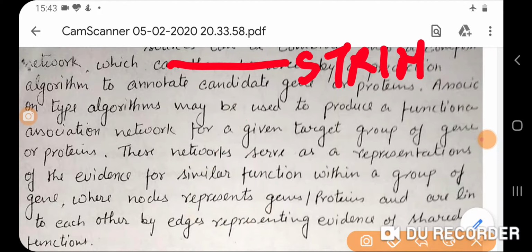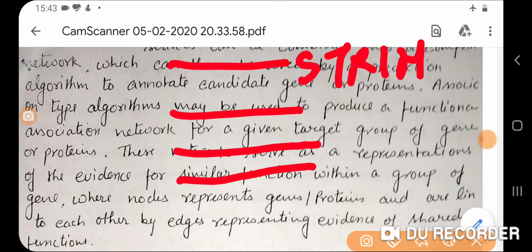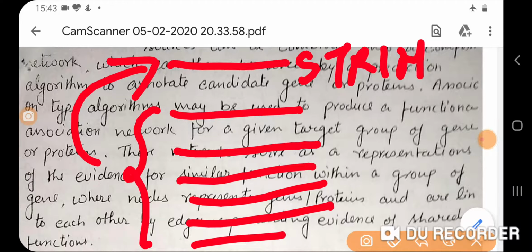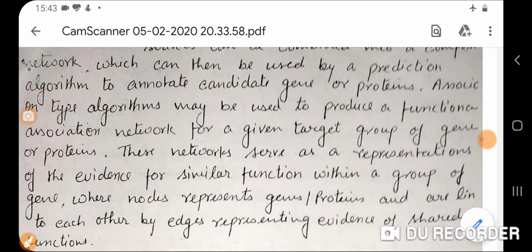So when you get the connections like this, suppose these genes were connected somehow, some are farly connected, some are loosely connected, some are nearly connected. In the end, by looking at the function of these similar genes, you can annotate the function of your protein sequence. As it is mentioned here,